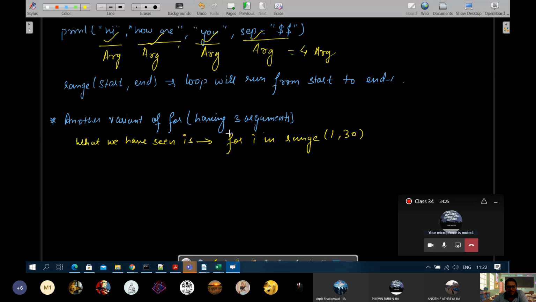You can even have one variable declared here and then you can write 1 to A. So A will be the value of the variable identified by identifier A. Okay, that also you can do. So 1 is your starting value and 30 is your ending value, right? Now, the variant that we are talking about, now we will see